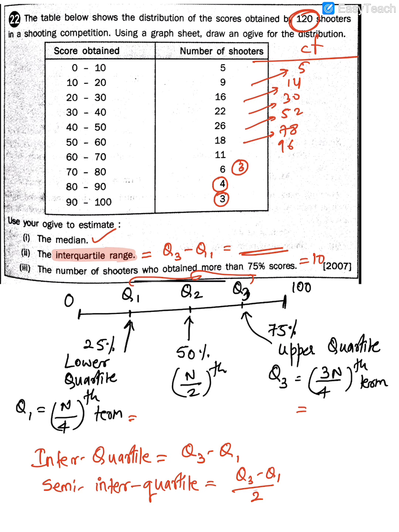So I think your median this time will approximately come 52, something around 51, 52. Okay. So now, guys, here our answer will be what? 120 upon 2 is what? 60. So 60th term. So 52 is here. So the 60th term should come in what? 1, 2, 3, 4, 5th row. So it has to be between this. So 52 and then it will come around 42, 43 approximately.